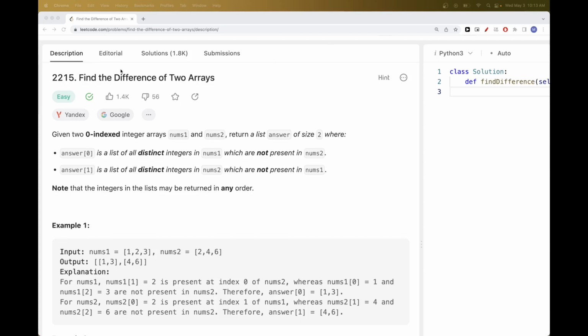Hello, so today we are going to do this problem, which is part of Leetcode daily challenge. So it's find the difference of two arrays. We have two arrays, nums1 and nums2, and we want to return a list answer of size 2 such that